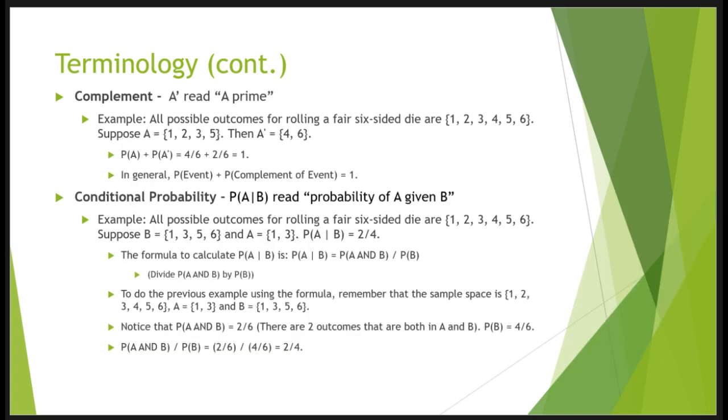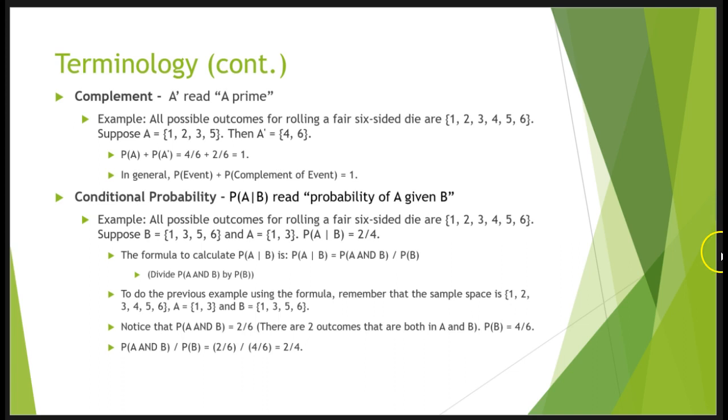The last two pieces of terminology we need to go over. The first one is the complement. The complement of event A is read A prime. They're all outcomes in the sample space that are not in A. So let's look at an example. All possible outcomes for rolling a fair six-sided die are 1, 2, 3, 4, 5, 6. If A is 1, 2, 3, and 5, then A prime would be whatever isn't in A, so it's 4